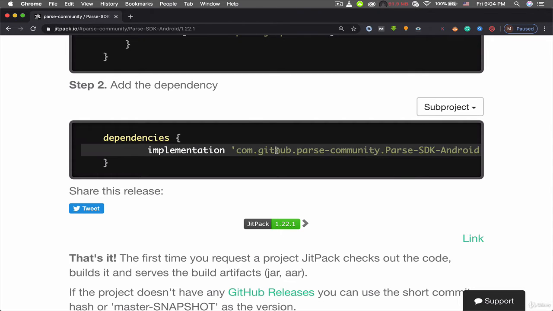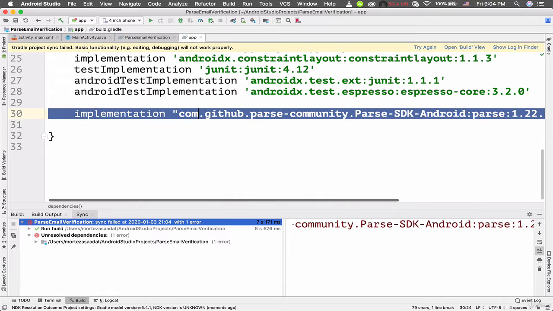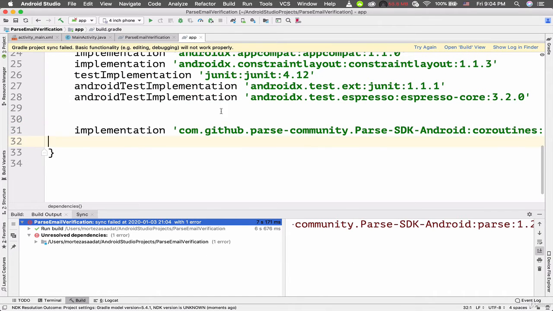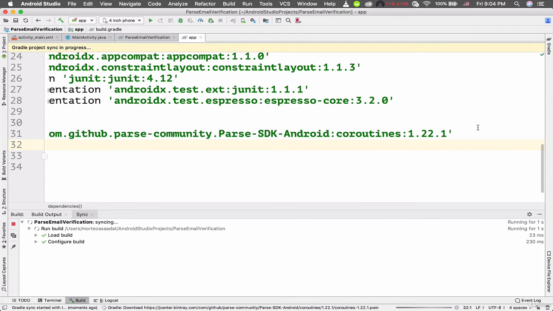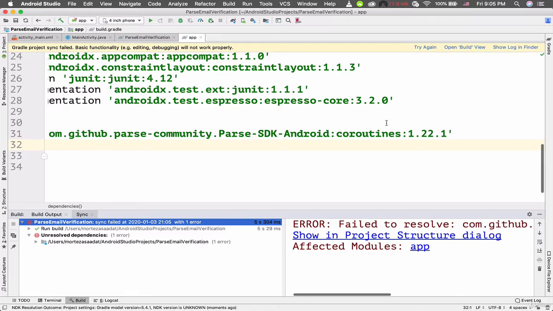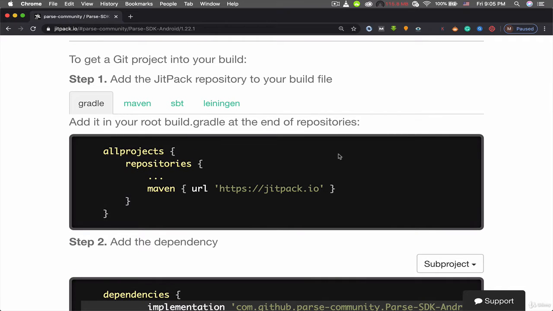Let me copy this line of code, and let me delete this one, and I'm gonna paste it here again. Implementation com.github parse-community. So I'm gonna click on try again, and I am trying to add the Parse SDK to my project. So it cannot do that. Let's go back here, and it says that